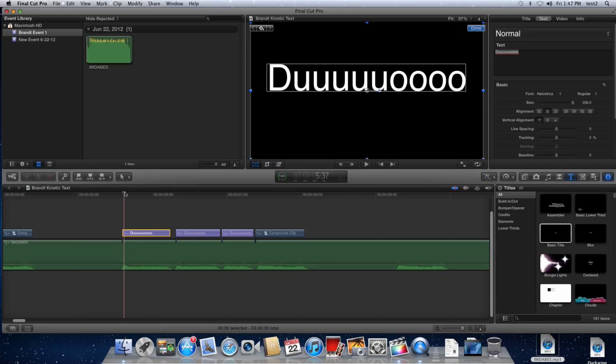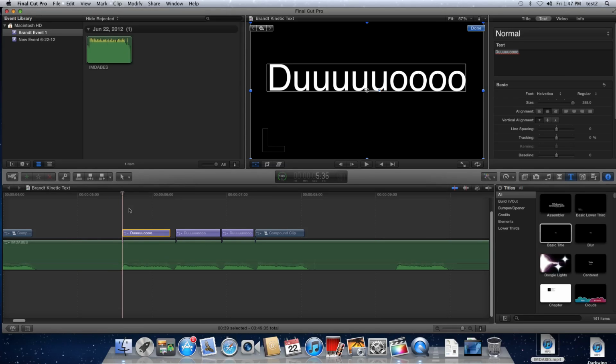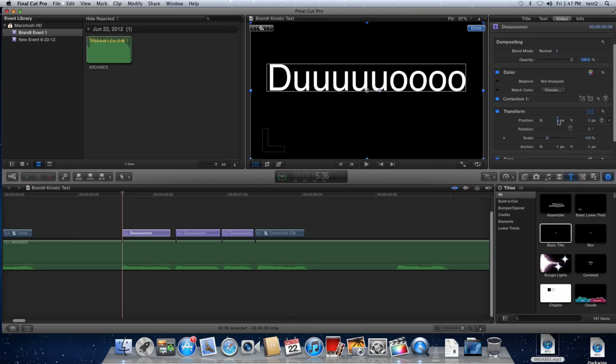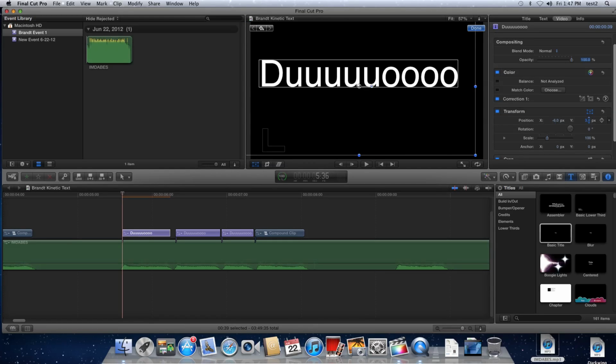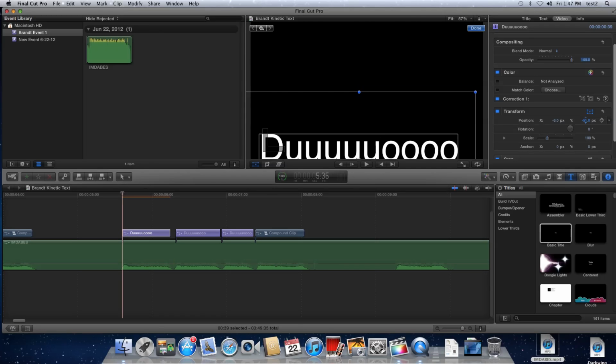So I'm going to go to the very beginning of my clip here, and I can use the arrow keys as well, left arrow key and right arrow key, to move around the playhead. I'm going to click on this, and then I want to go over into the video tab and go back down to transform, how I showed you could move stuff around a little bit before. And I want to move this into place for where I want it to begin its animation,